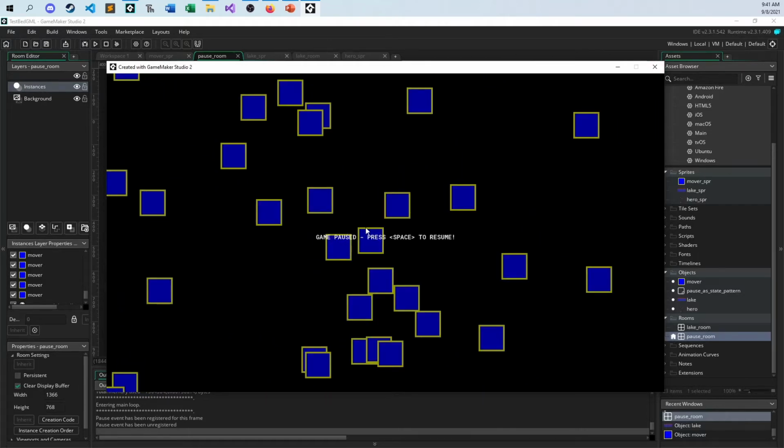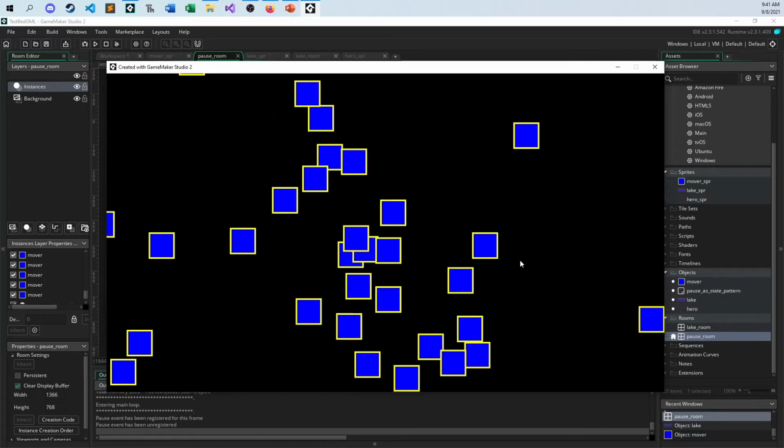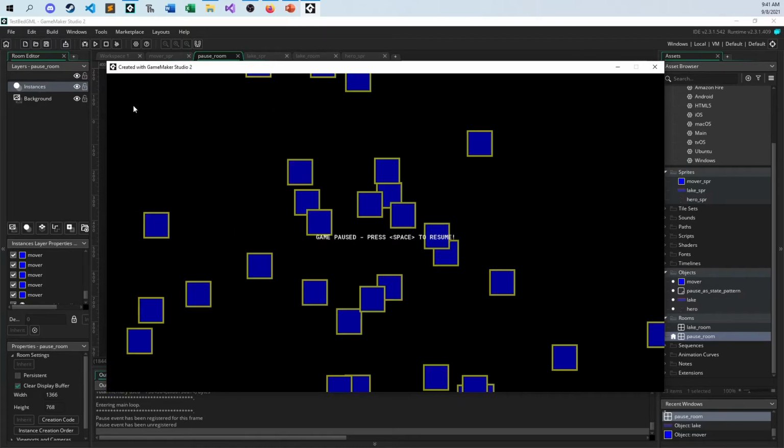And so what we're going to do to make this work, it's about a 3-4 step process, is when I want to pause the game, I have to set up what is called a surface. And a surface is basically just computer memory, just like the screen gets drawn to some part of memory. When we draw things, we can also draw not just to the screen, to the window, we can draw to secondary pieces of memory, and we call those surfaces. Well, I guess technically everything is a surface,